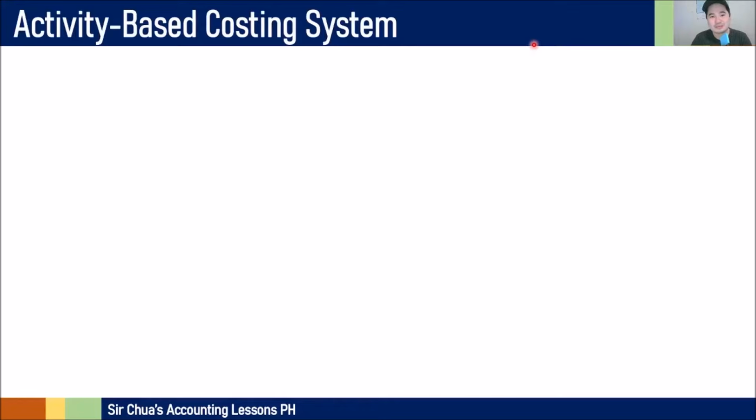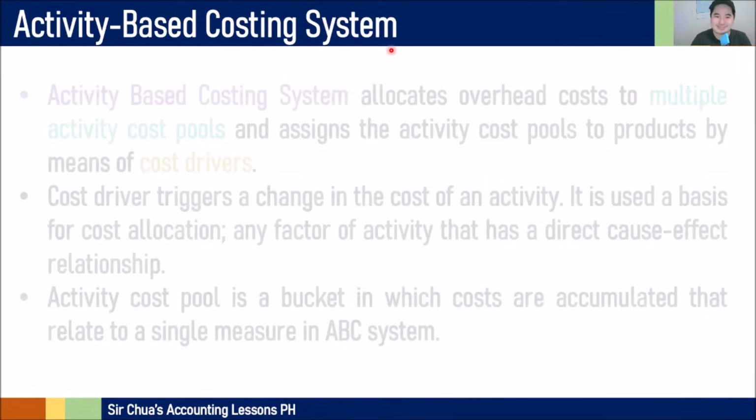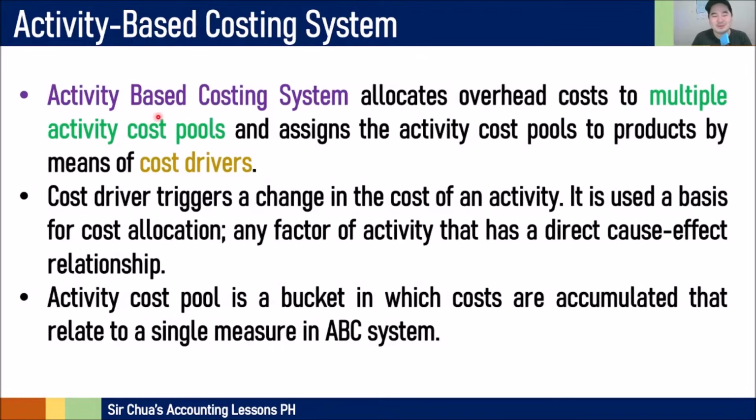Now, the answer for that, in order for us to minimize the risk that we might have product under costing or product over costing, is activity-based costing system. ABC, or activity-based costing system, allocates overhead cost to multiple activity cost pools and assigns the activity cost pools to product by means of cost drivers. Putting it simply, we are technically looking at the specific activities that are involved in the